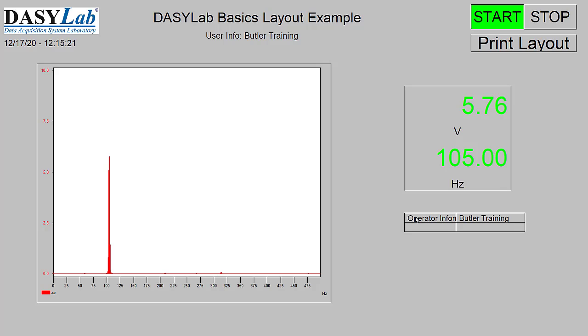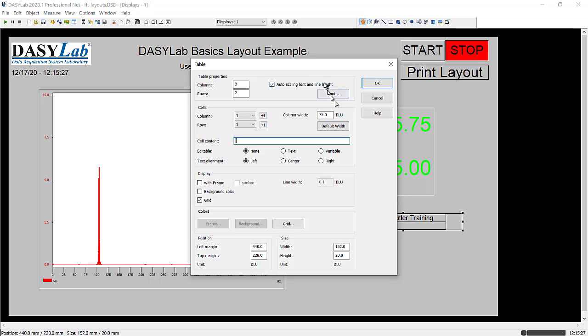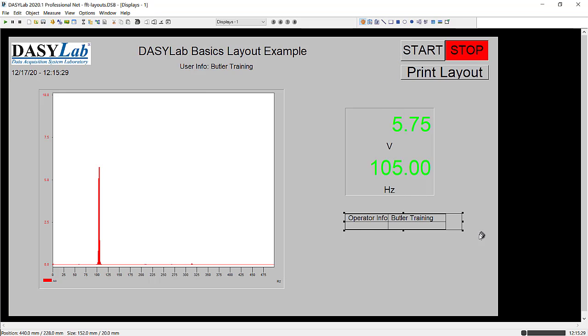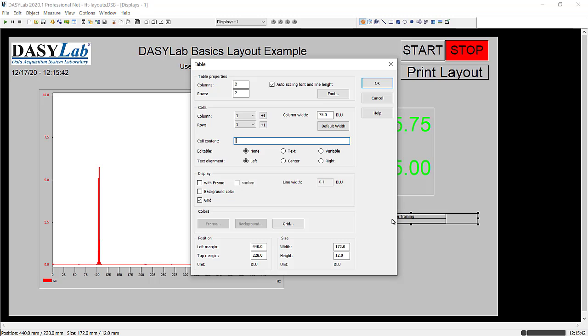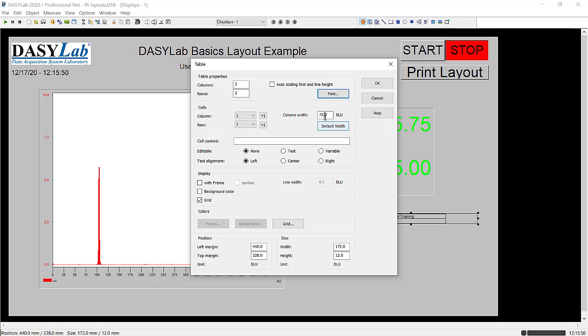Let's get it to fit so that it looks nice. I'll stop the measurement. I'll hit Escape. I said auto scaling font and line height. Let's make this bigger and shorter to be able to get it to fit. There we go. So you can give up on the auto scaling and simply go with a font that you want to use. Let's make it a 20 font